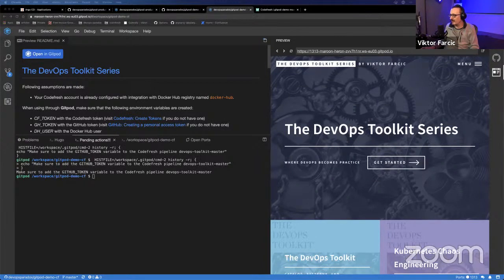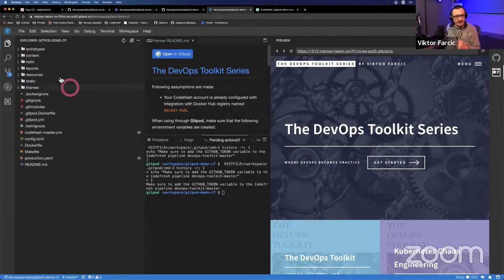Wrong one. Here we are. Okay. So how did all this happen, right? As I said before, Gitpod can figure out some common things. So for example, it can figure out whether your code is based on Go, let's say, and it will put in the tools that you traditionally need when working with Go or Java or .NET or what not, right? It tries to be clever. It has some predefined scenarios, but those scenarios might not always be everything you need. And when that happens, like in my case, because there is no predefined workspace for a Hugo application, and I actually use Hugo in this one,